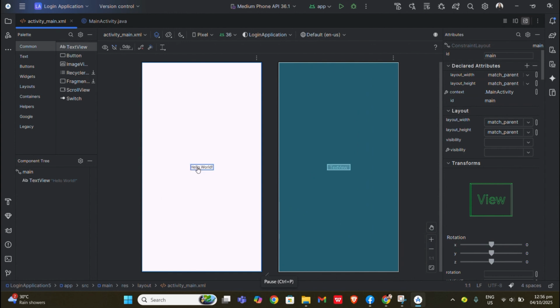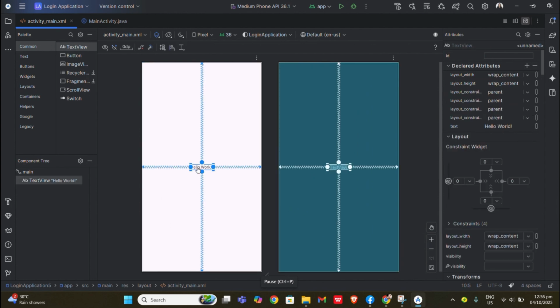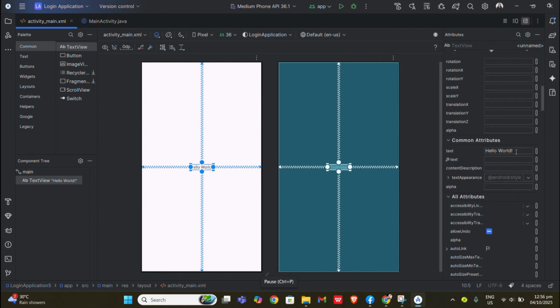We have now the text which is the Hello World. So we have to change it to Login Screen. Click enter. And now the text has changed.